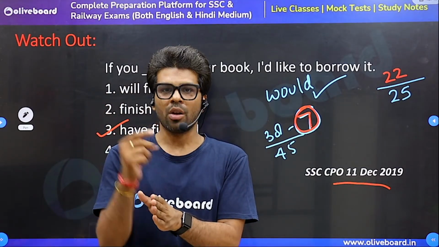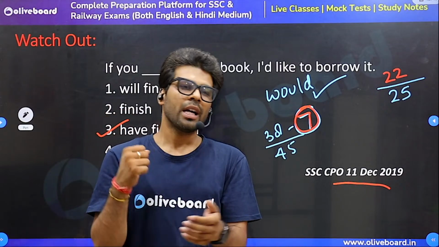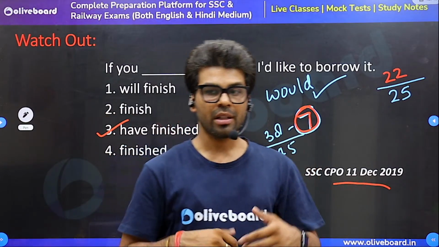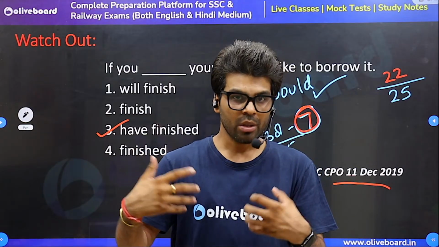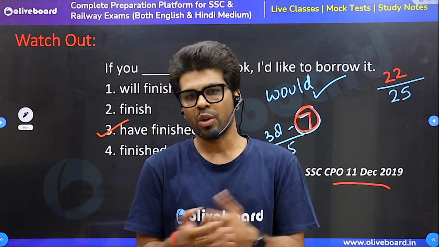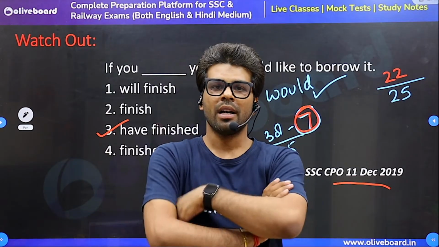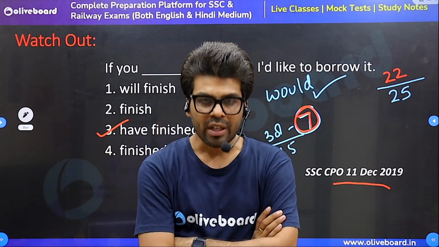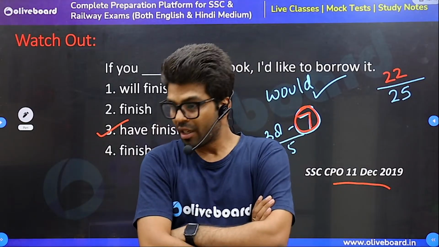These conditional clauses, the second one and the third one, remember: if I were a bird, if I were a millionaire, if I were the richest man on the earth, if I were the prime minister. I'm not the prime minister, I'm not a bird, I'm not the richest person on the earth. If I were, I would do that. If I had been there, I would have done that. So they show those unfulfilled conditions of the past, the subjunctive mood, if you know.